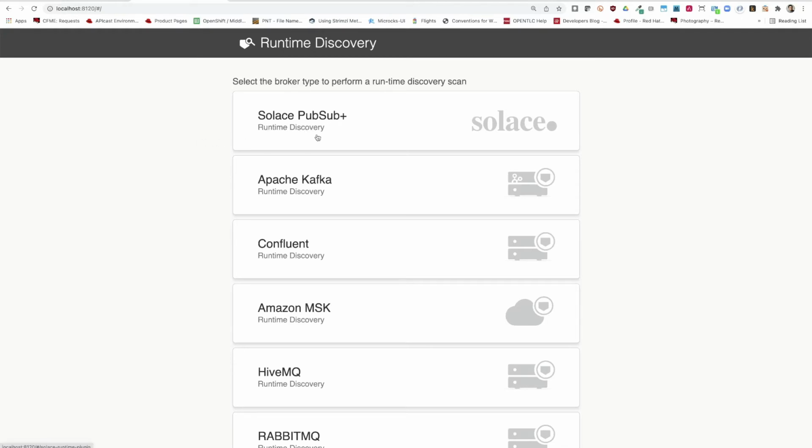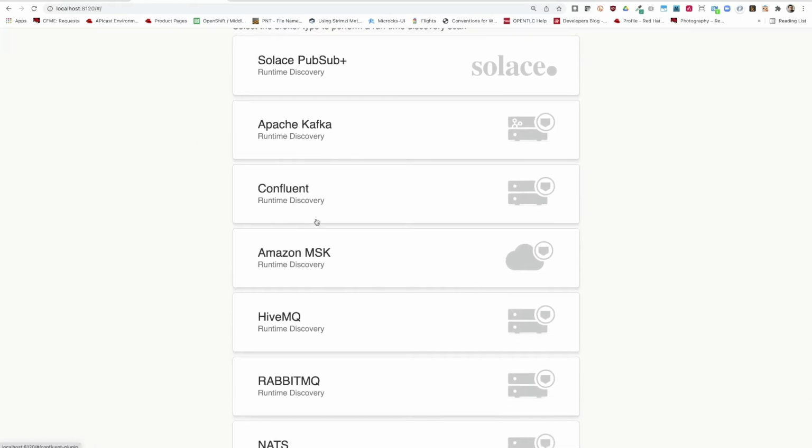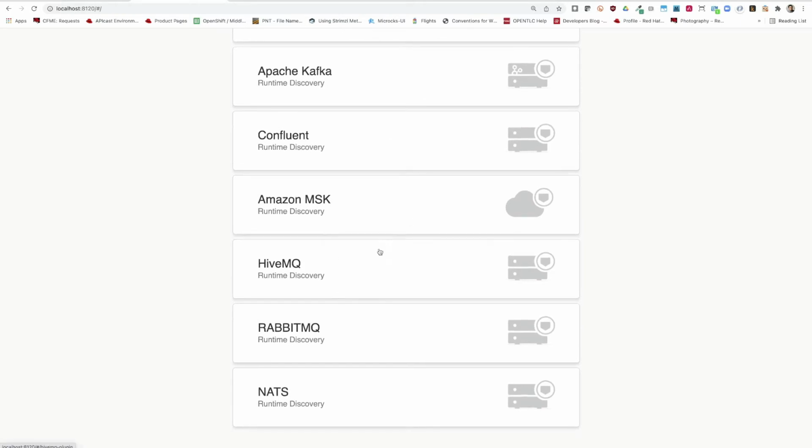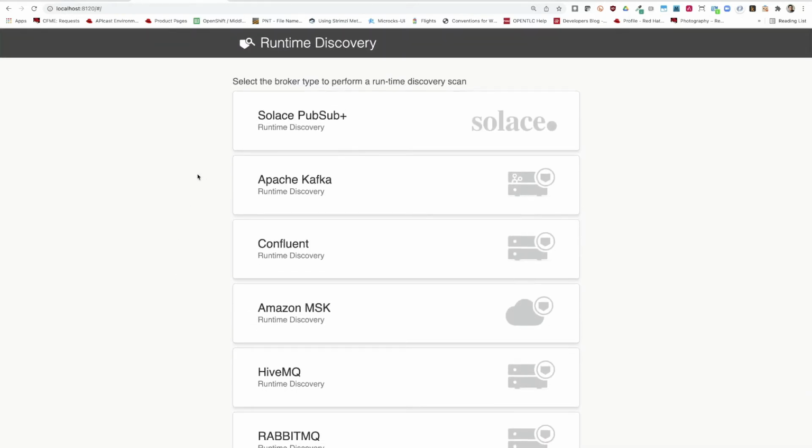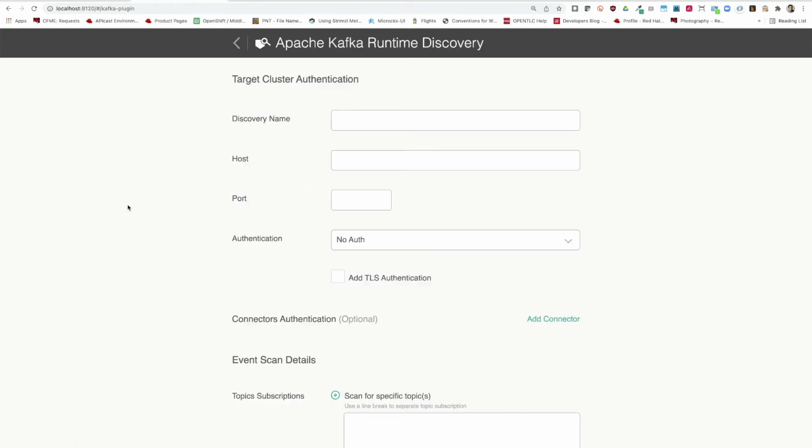So as I was mentioning, there are different flavors of Kafka providers in the cloud, as well as other types of messaging brokers like HornetQ, RabbitMQ, and NATS. In my case, because I'm using Red Hat OpenShift Streams, that's just a simple, normal, regular Kafka cluster. So I will use and select the Apache Kafka Discovery. For the name, I'm just going to name it as the name of the cluster that I have, and then for the host, I will select the host for my